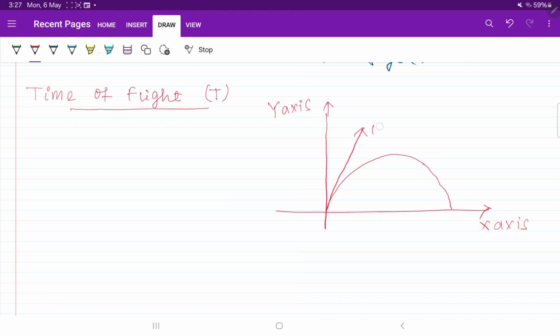This is the initial velocity u, which is making an angle theta with the horizontal, and the x component is u cos theta, and the y component is u sin theta. So this is the highest point. And first, time of flight has two components, that is t1 and t2, time of ascent and time of descent. So first of all we are going to derive the time of ascent,